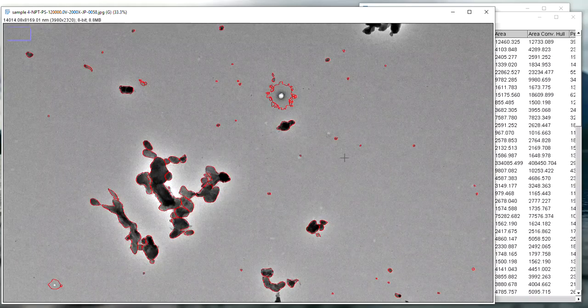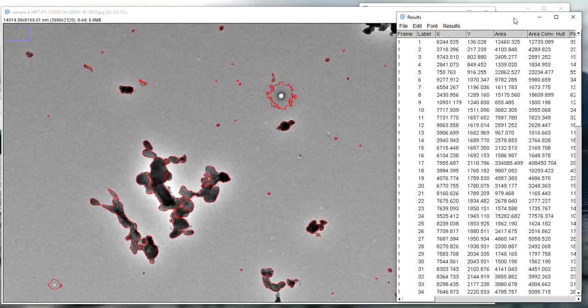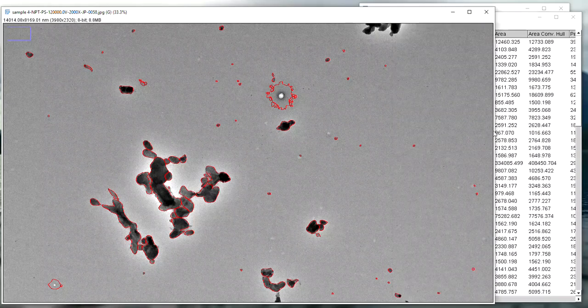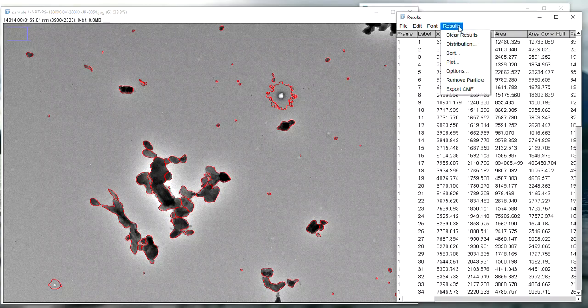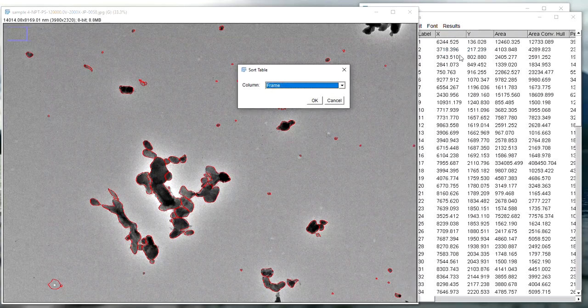However, we see a lot of noise, so there are two ways to get rid of the noise, the particles that are not supposed to be analyzed. The first is to sort your particles by size according to